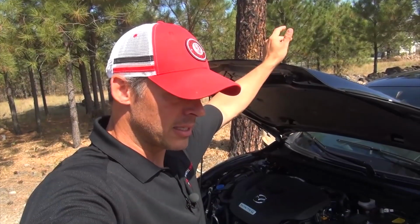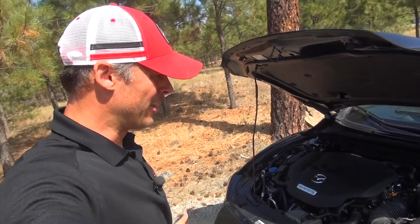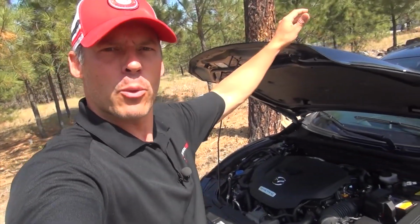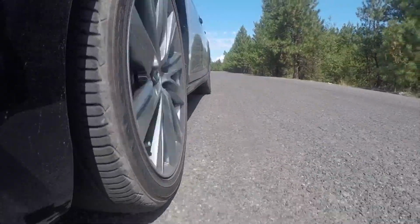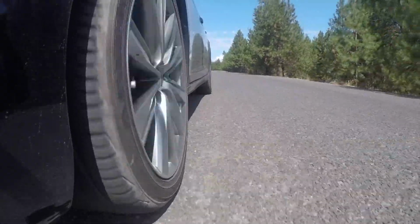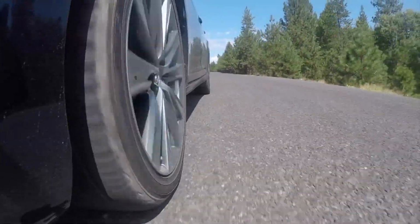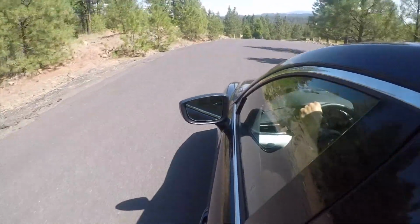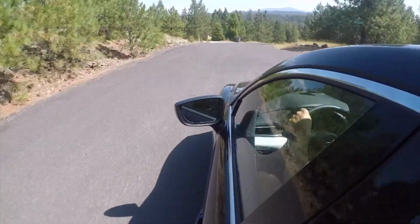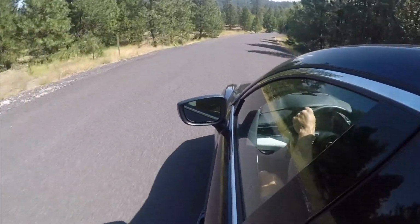Another thing about this is that it's front-wheel drive only. I know I'm standing right here just next to the hood, but only front-wheel drive, no all-wheel drive option. It pulls strong. I mean, it's got great steering, but I wish it had that all-wheel drive option, for people who live in harsher climates, you might want to opt for something like this. So I think that's a downside. By the way, fuel economy with ours is 26 miles per gallon mixed driving,